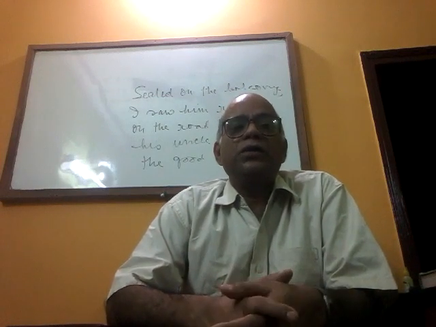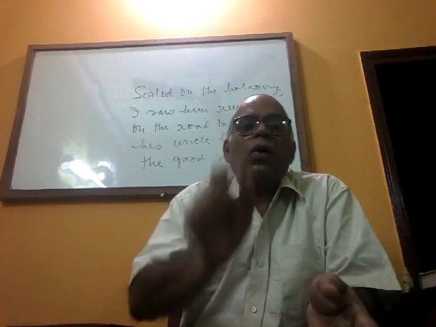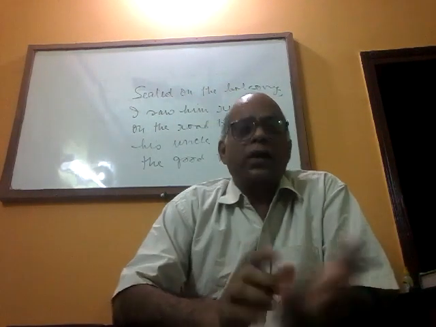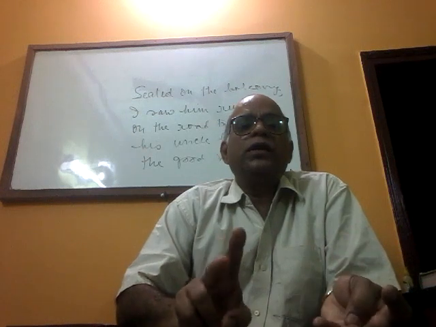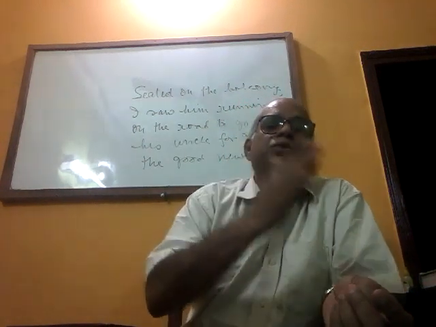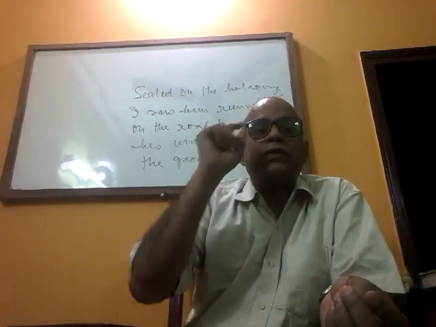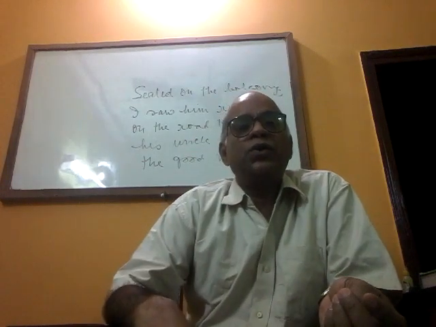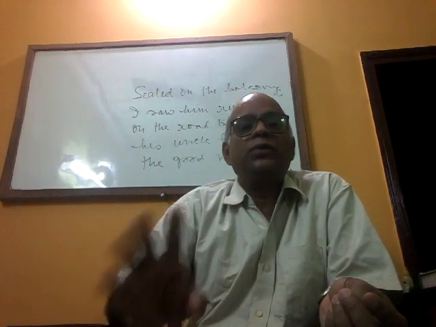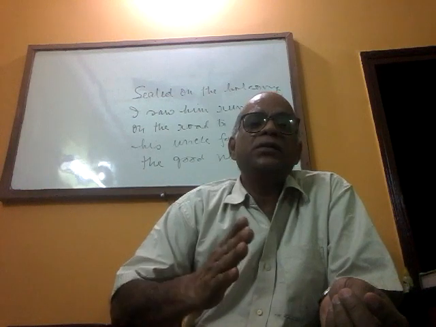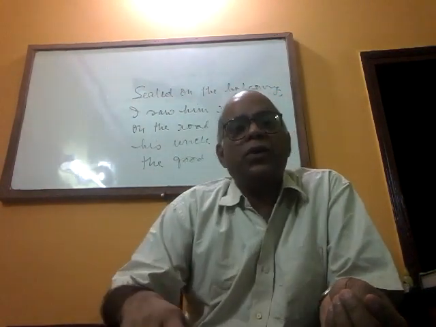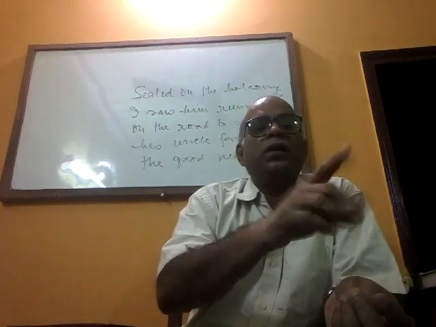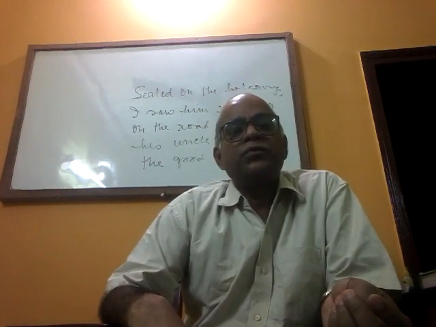Now subordinating conjunctions are all the relative pronouns like who, which, when, what, where. These sometimes can be used at the beginning of a sentence to raise questions. That's why they are called interrogative pronouns. Who, which, when, what, where, how. These are used as interrogative pronouns as well as relative pronouns. When they frame questions, we call them interrogative pronouns. When they relate to another noun, we call them relative pronouns.